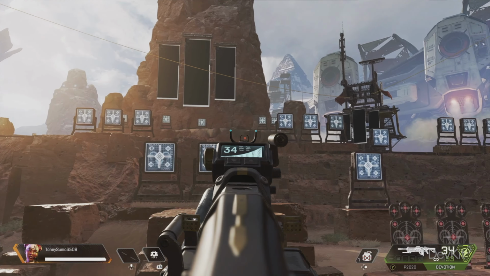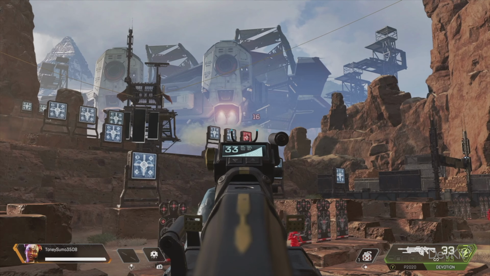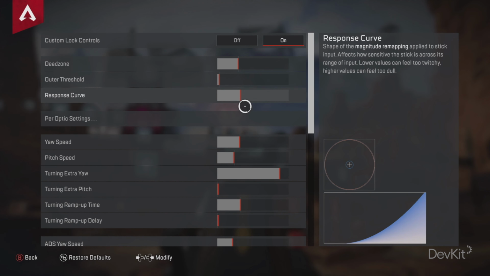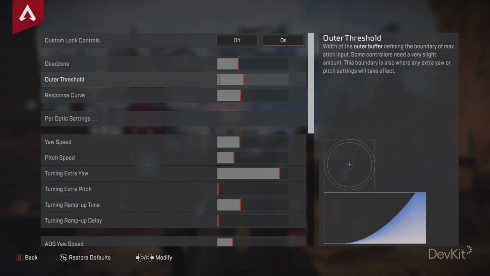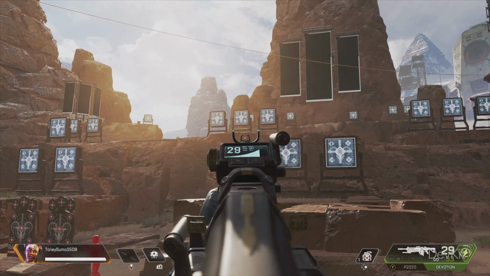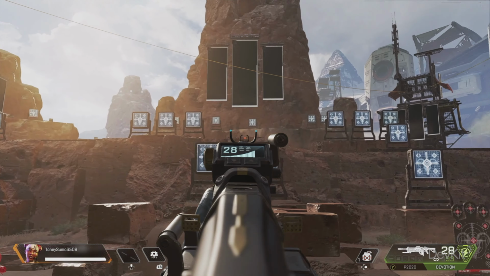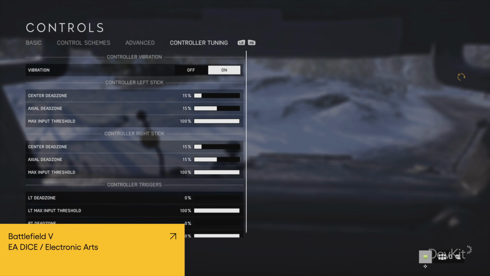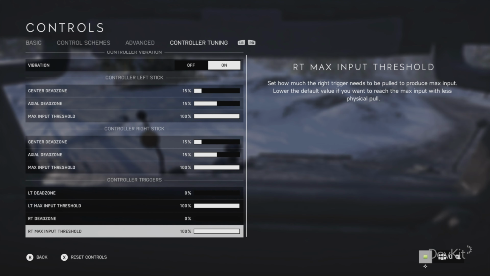In Apex Legends, you can adjust the outer threshold for aiming. So if we increase the value so it covers more of the graph, now when aiming in-game, the stick needs to be pushed less far before the camera will turn at its maximum speed. Battlefield 5 has settings to alter the outer threshold both for the sticks and also the triggers.